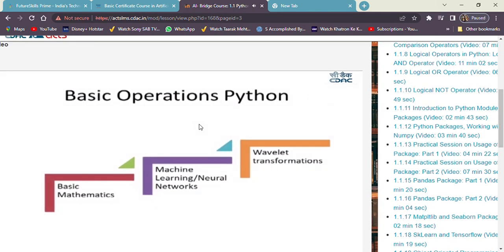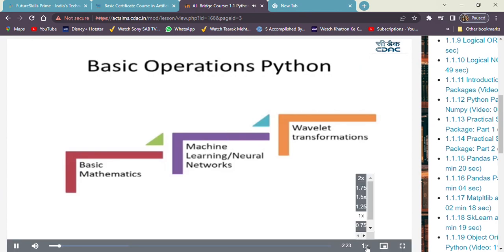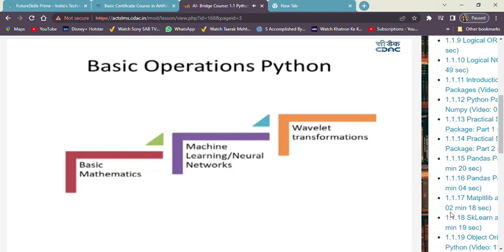Yes. Now coming to the basic operations in Python. As we have seen what Python is, how to install Python, what the features of Python are, what exactly Python can do, what are the operations that Python has the capability of doing. Now if you look at these basic operations of Python, it